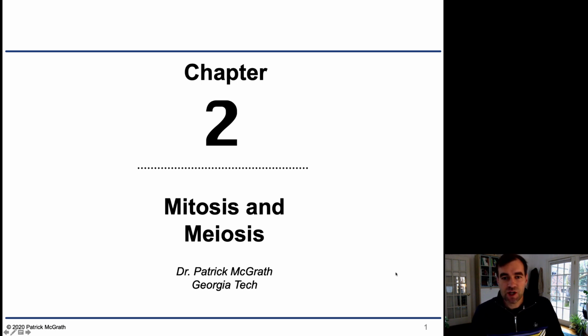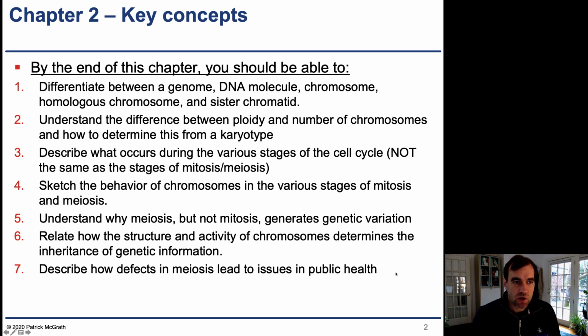All right, welcome to Chapter 2 on mitosis and meiosis. Some of the key concepts that you should understand by the end of this chapter are listed in this first slide. You should be able to differentiate between a genome, DNA molecule, chromosome, homologous chromosome, and sister chromatid. Hopefully by the end of these chapters, these words will make sense. If they don't, that means you need to study this material a bit more, because these concepts will be tested